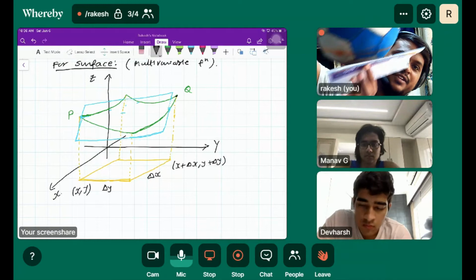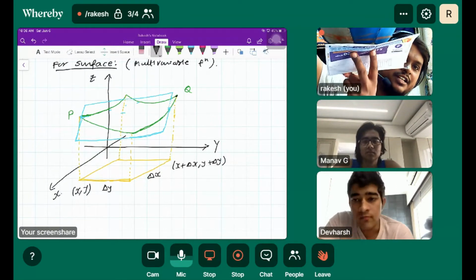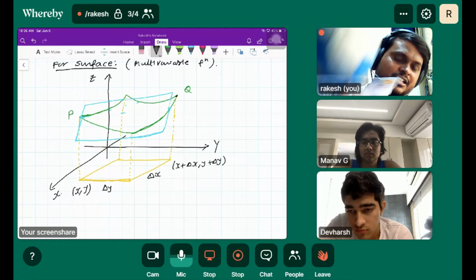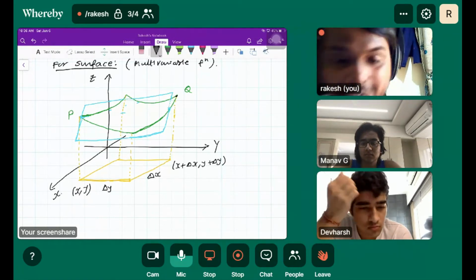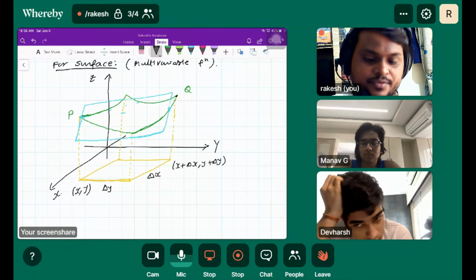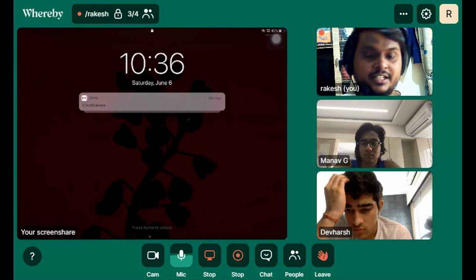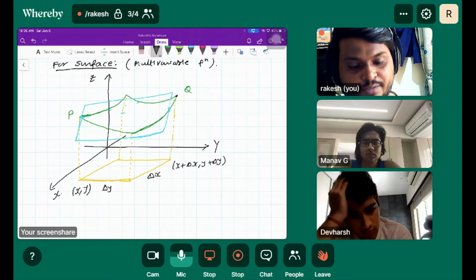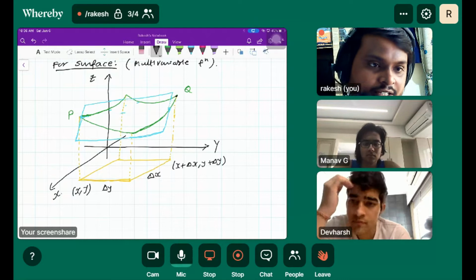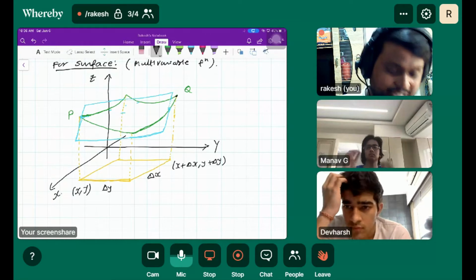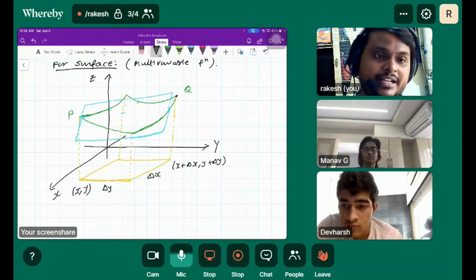So if we have 2 points on this, and you draw the tangent line, you must have observed the scenario. Now you have to recall that scenario always. So if you have 2 points on the surface, which are P and Q, what would be the differential we are talking about? That is my point, why we are putting so much time in this: where is my dz, where is my dz?